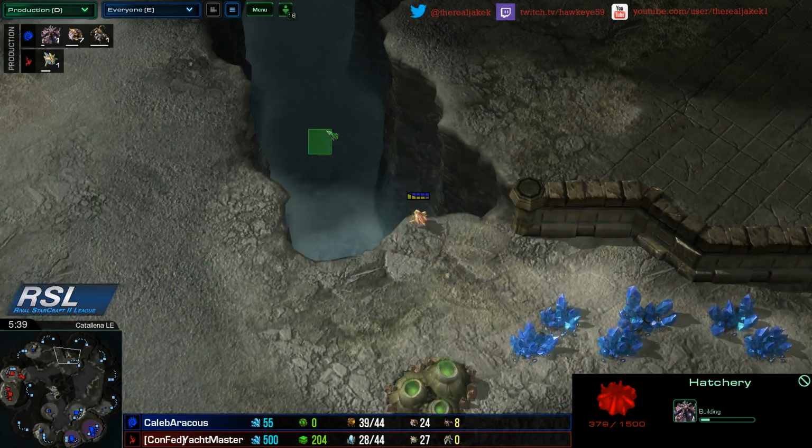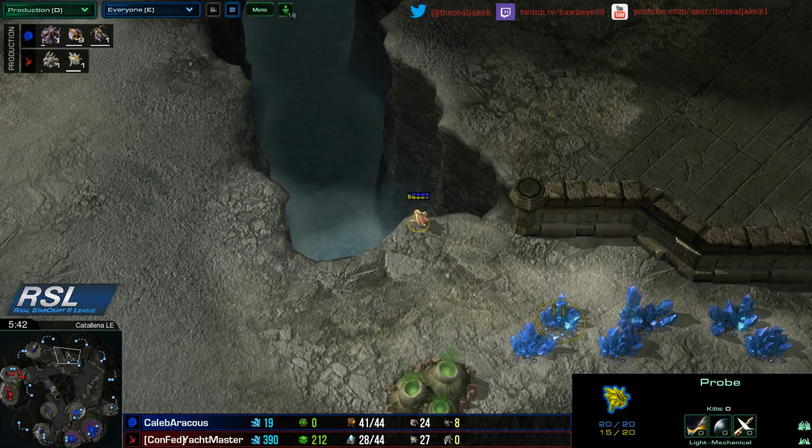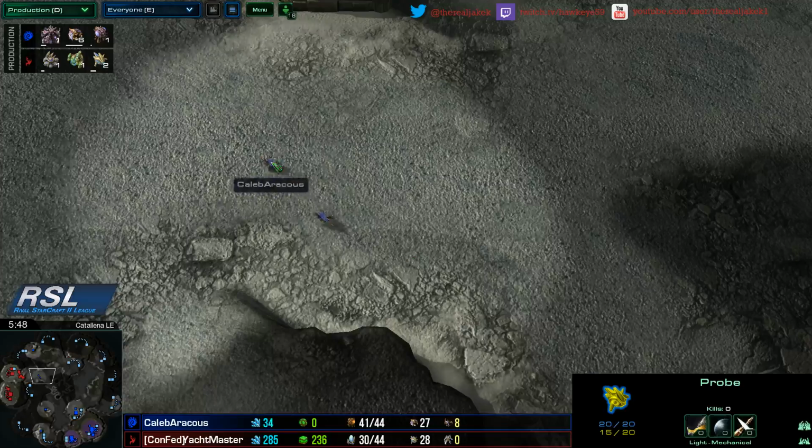Continuing on with this cast, we see the probe escaped. He's going to the north. He's going to probably place the pylon up there and do some run-bys, probably. We see the Zerglings are